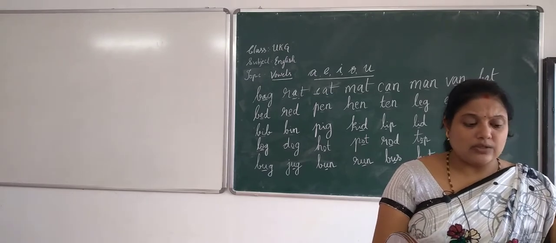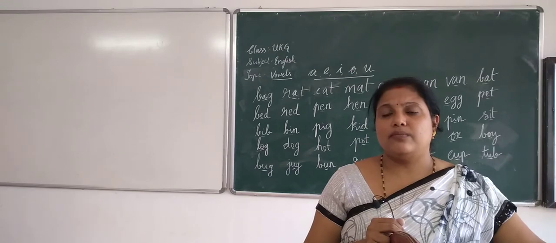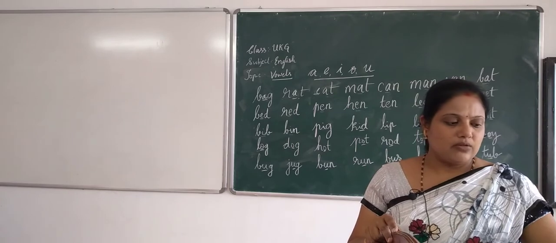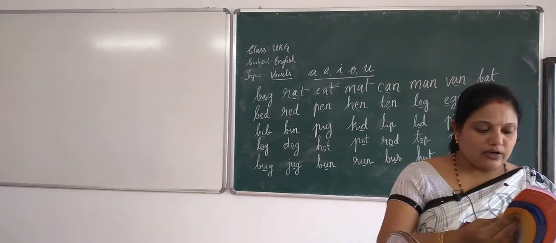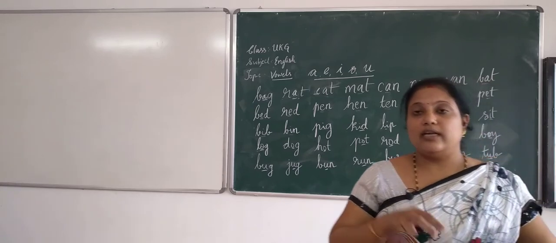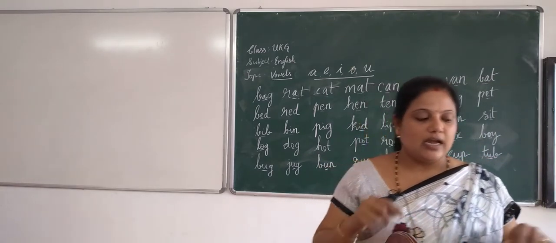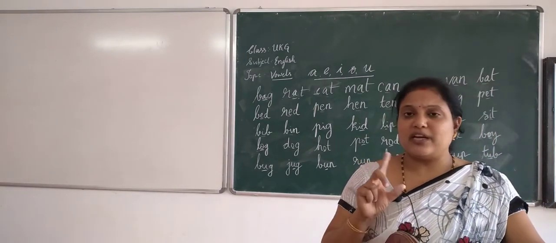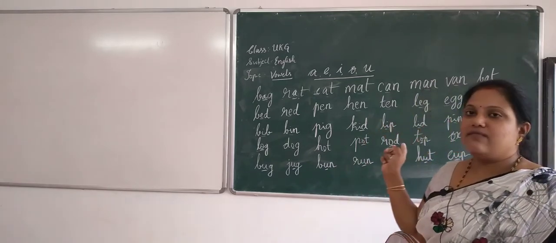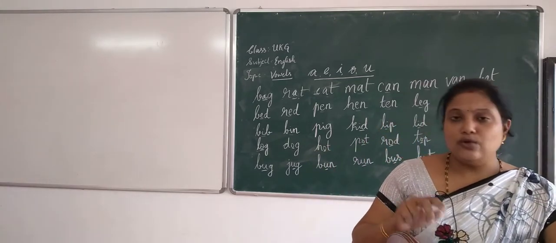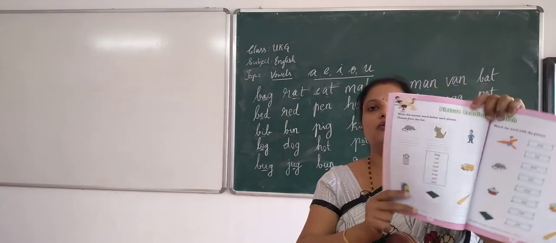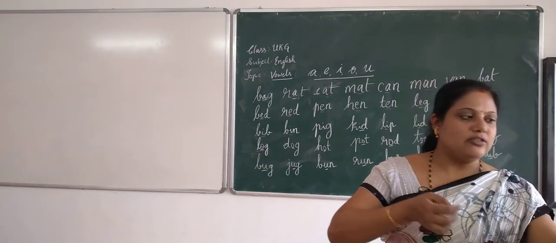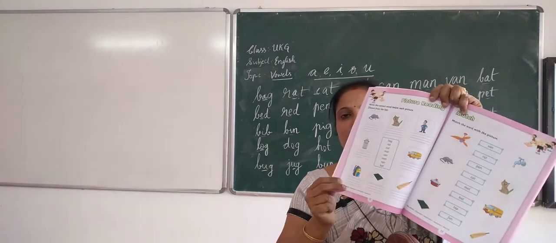Next, you open the page number 30. Take the page number 30. There you have been given some rhyming words. Those are the rhyming words. I am going to teach you those rhyming words in my next class. And there is one more exercise for you on page number 32, that is picture reading. Whatever words I have written just now on the board, you will find those pictures in your textbook. Page number 32 starts there. Can you write them here by seeing the picture?